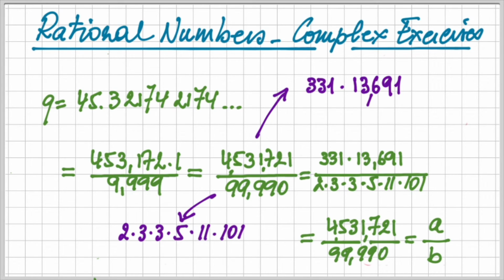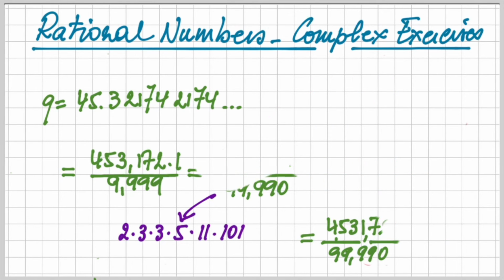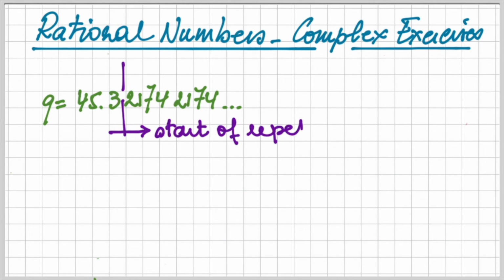But let's have a look how we can do this from the beginning. Now we can do this also in a different way. And what we can do, or what we better do, is to change the start of the repetition. So before we start looking at the solution, we move the decimal point to the right until we reach the start of the first repetition. And this is, in this case, moving the decimal point one place to the right, which means multiplication by 10. So 10Q is then